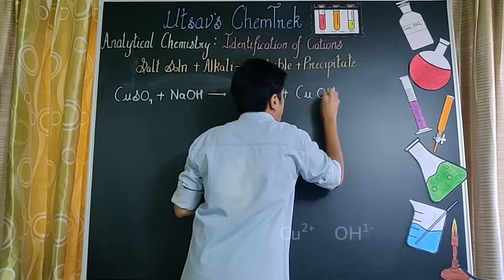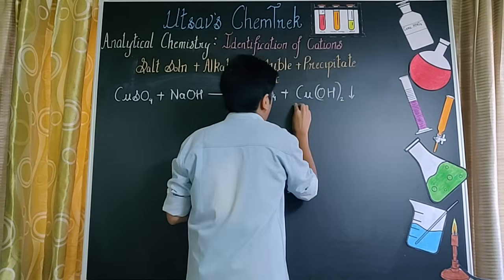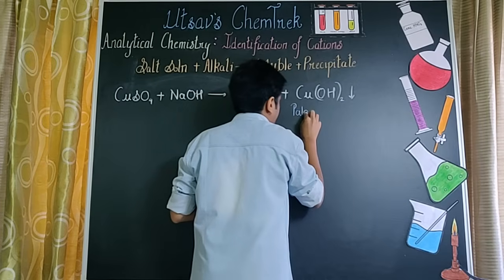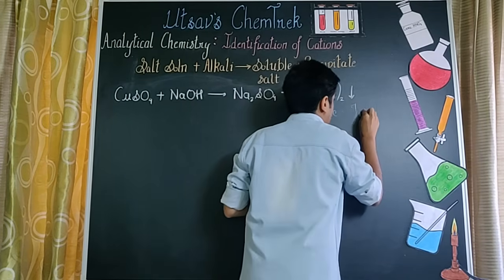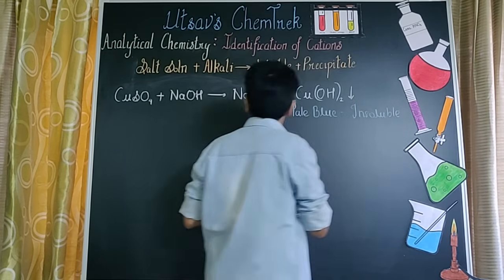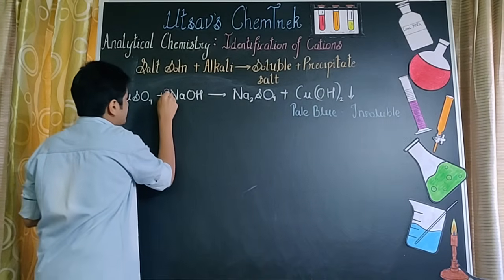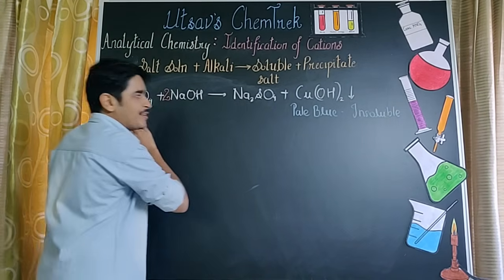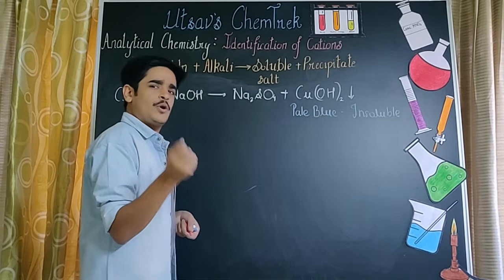Now if you all do remember, the color is supposed to be very specific over here. It is supposed to be a pale blue precipitate, and in this particular case it is supposed to be insoluble, मतलब dissolve होने वाला नहीं है. Now to balance the equation, what I can do is I have 2 of sodium, so to balance I just have to place a 2 over here, and the equation इसके बाद खुद ही balance हो जाएगा.